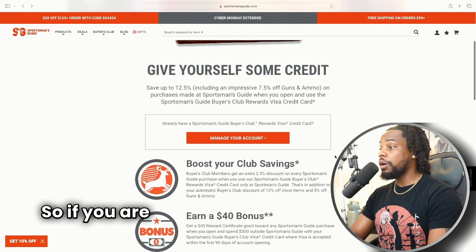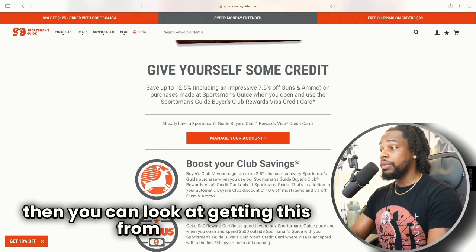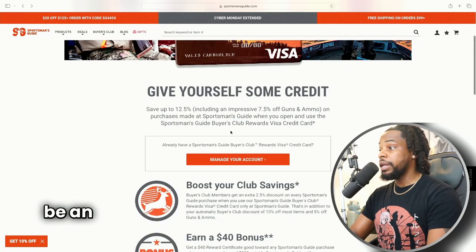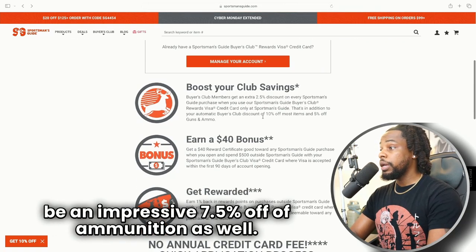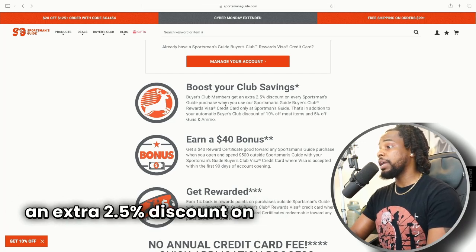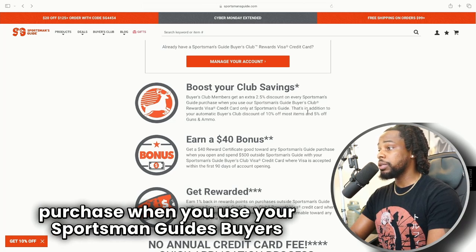So if you are into any type of weapons, then you can look at getting this card. I mean, you save up to 12.5%. That's an excellent amount in savings, and it can be an impressive 7.5% off of ammunition as well. And you can boost club savings when you become a club member. You get an extra 2.5% discount on every Sportsman's Guide purchase when you use your Sportsman's Guide Buyer's Club Reward